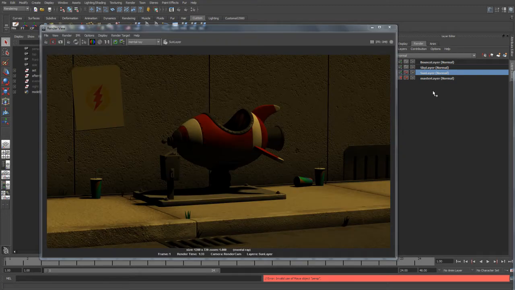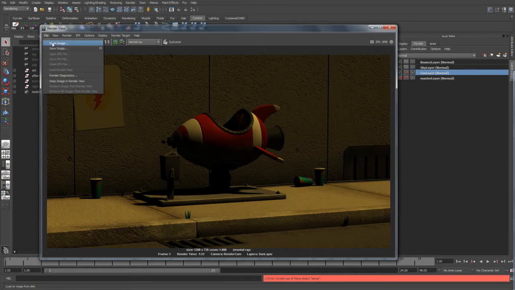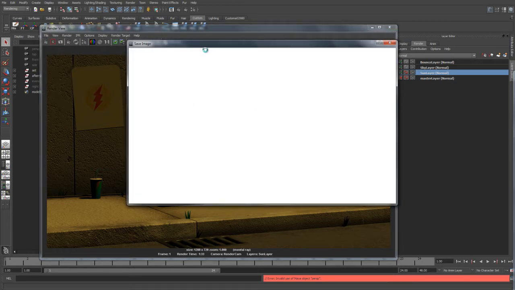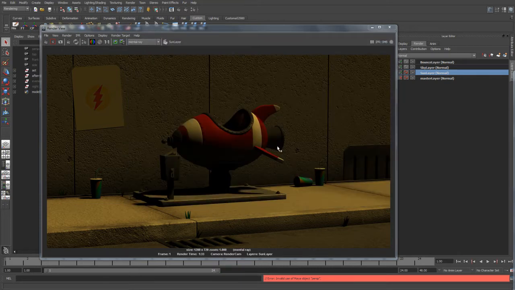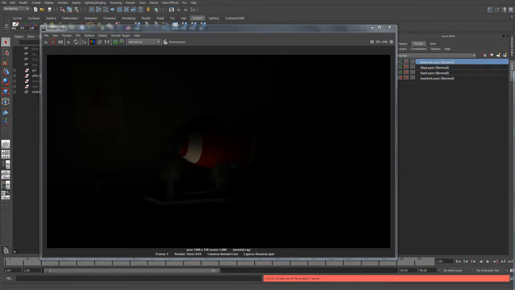Alright, so I've rendered out just the sun layer by itself. I'm going to go ahead and save this out. We'll use PNGs again, just for testing purposes. And we're going to save it on the desktop, and we'll call this set renders. Okay, and we'll call that sun layer. And I'm going to do the same thing for the other 2 layers. Alright, so I've saved out these 3 layers,